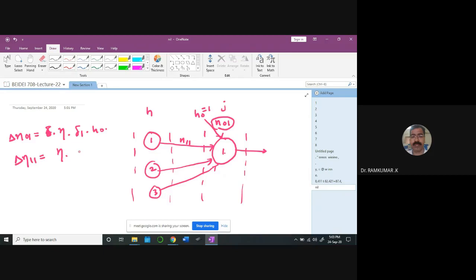What is this value? For the same neuron, this is connected to neuron 1. This weight I'm going to update. What is the value? I am at neuron 1's output only, so the corresponding delta is not going to change. Delta will be the same. But the input for this is H not equal to 1. This input is some S of Z1, remember? So that will be the value.